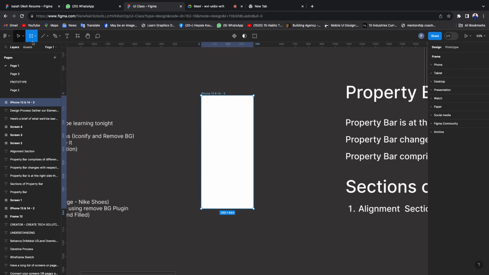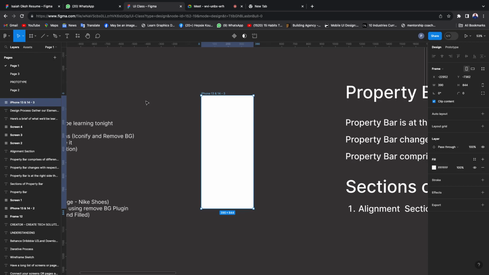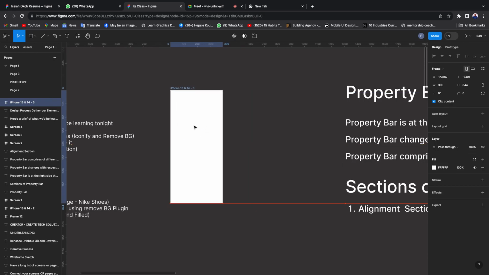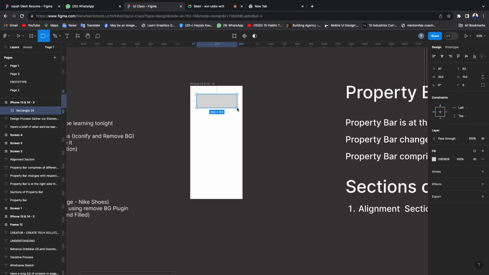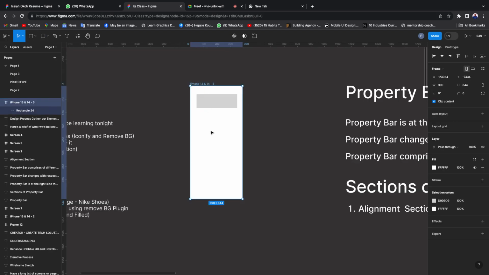Then secondly, we're talking about containers now because we want to talk about alignment. Container is where you do your design. You design inside the container. So if I put, let's say, a rectangle, I'm not using the style guide or design system for now, inside this container. Can you see it? When you click on the container,